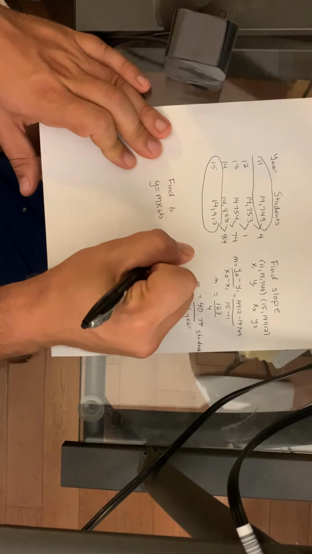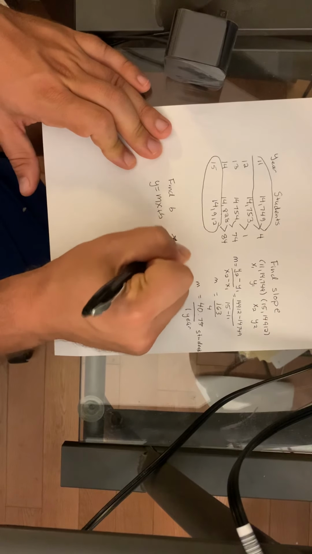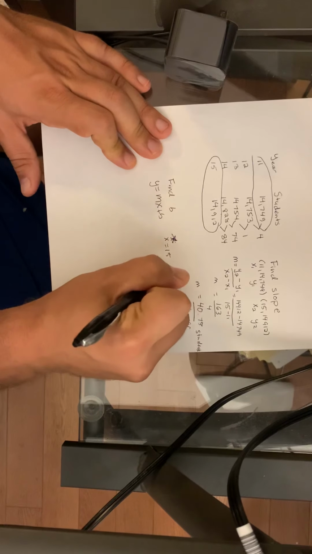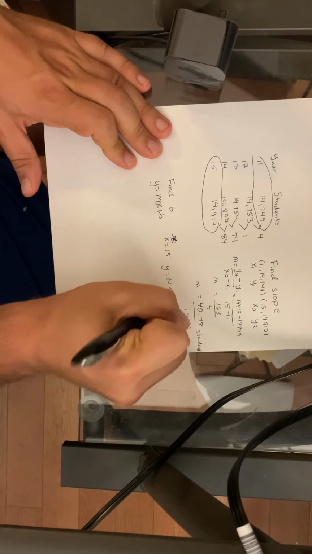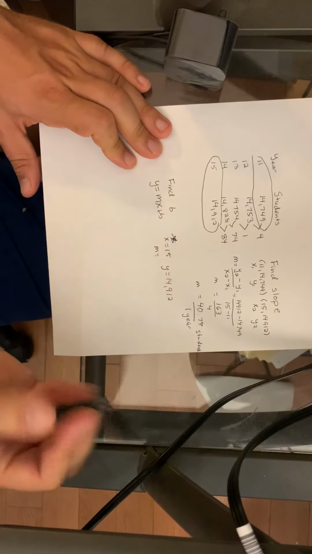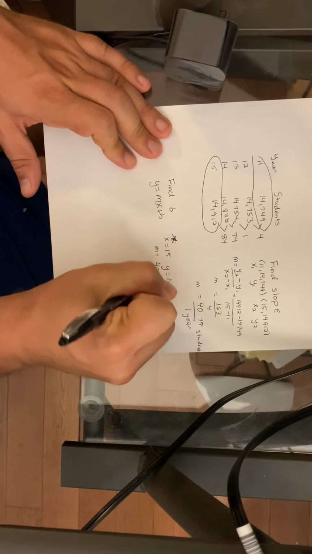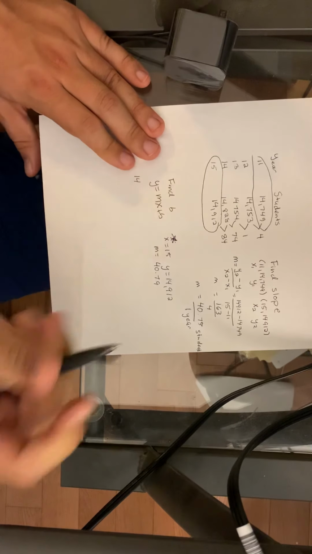So I'm going to substitute x equals 15, and y is equal to 14,912. And then also we know that our m value is 40.75. So putting all of that into this equation, we have